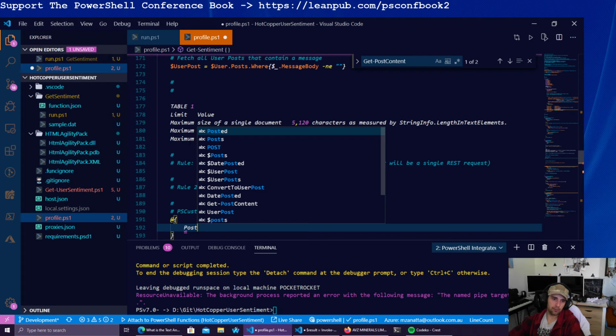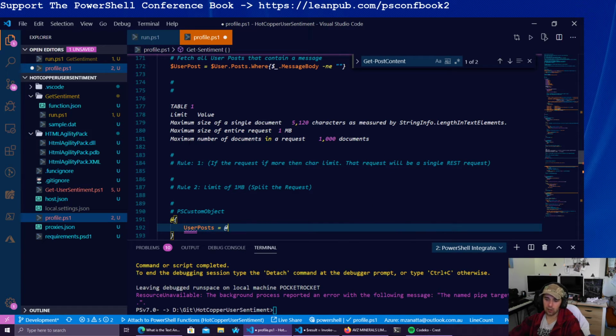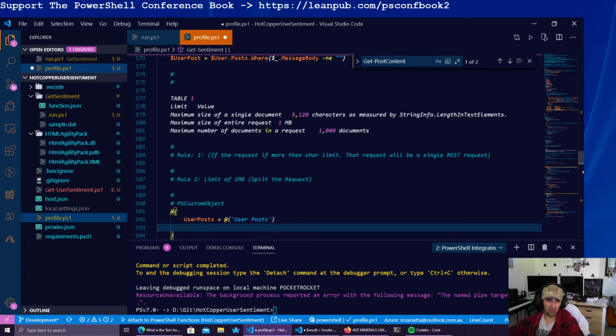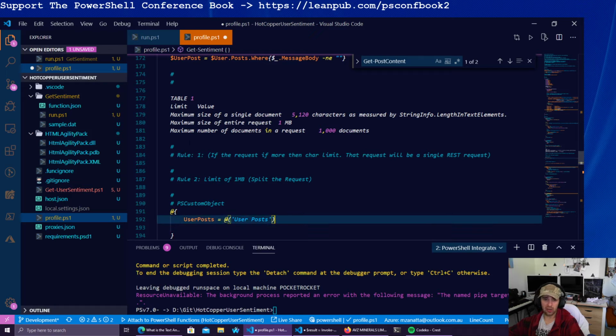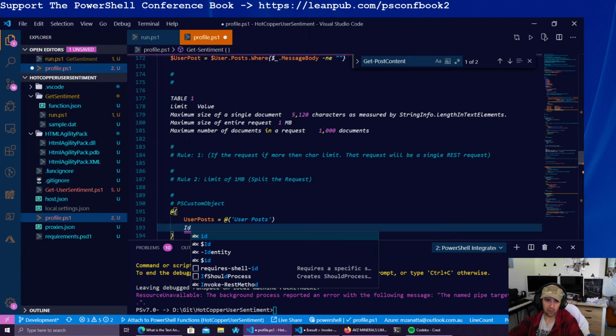So it'll be post. We'll just call it user posts. And then in here you'd have an array of all your user posts. And then here, do we have an array of its matching ID? Because ultimately the ID, you could have a loosely tied ID here, so you could say IDs, and essentially that's